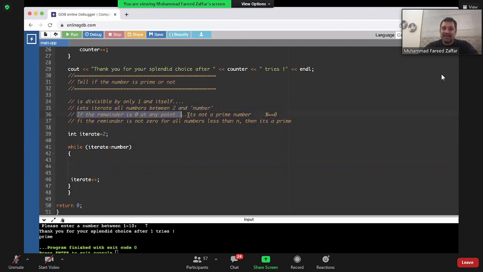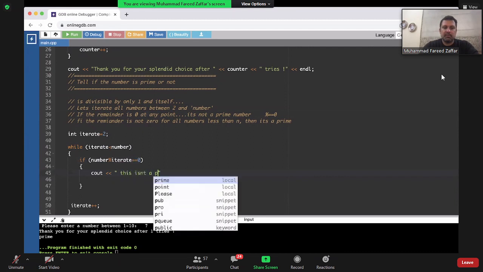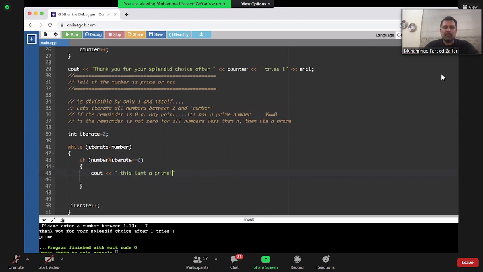If the remainder at any point is 0, that means that this number is not a prime. So what I'm saying is, if number percent iterate equal to 0, this isn't a prime, because I found a number that divides it.